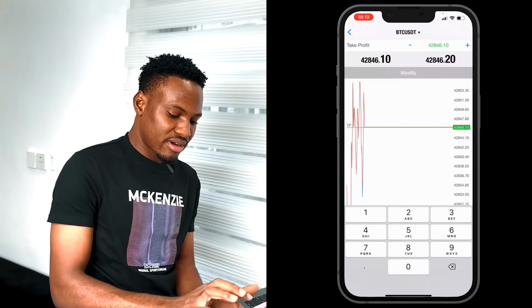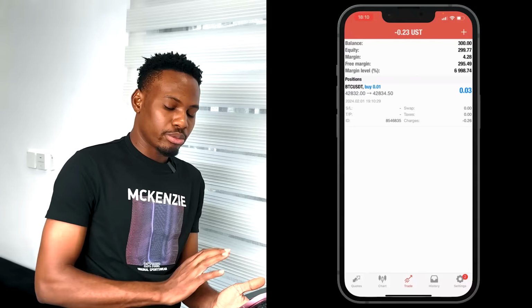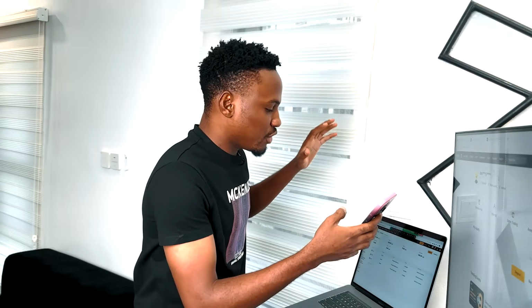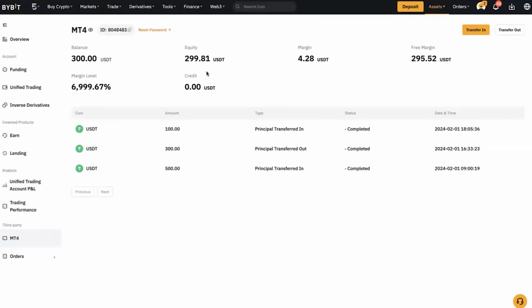Put take profit, whatever figure it shows there. That's how to put the stop loss and take profit. All right, so this is how you can actually connect your Bybit. You can trade anyone you want. You can either trade from the app, which is what I just experimented with, or you can trade from